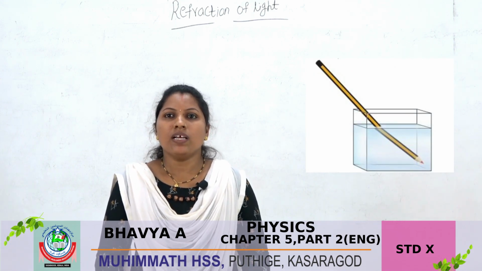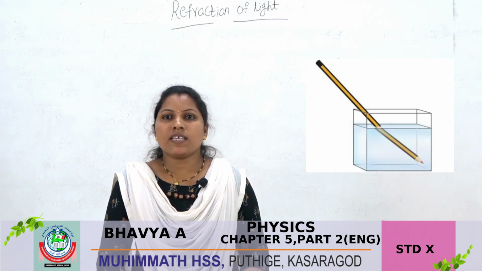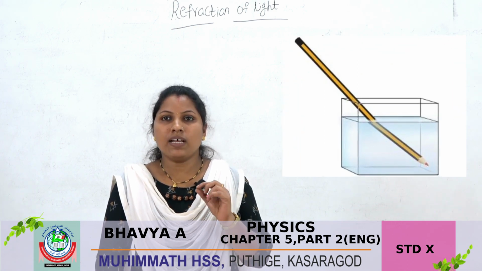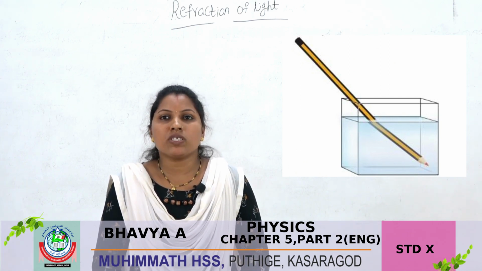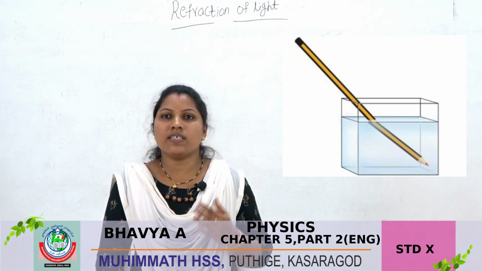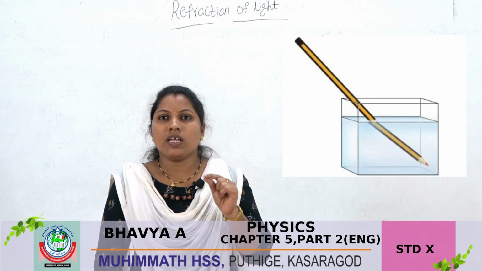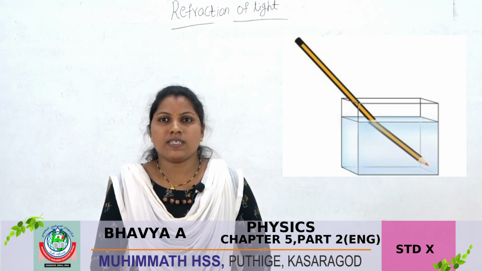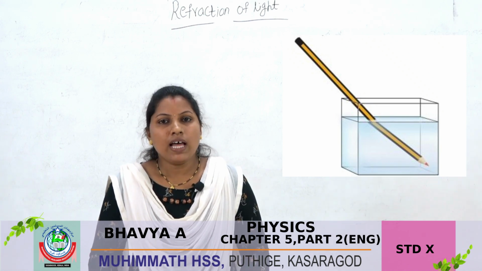You should fill 3/4 of a glass vessel with water. At the surface of separation of air and water, we can see a bent shape of the pencil. Why? Due to the refraction of light. The optical density of air is different from the optical density of water. So at the surface of separation, the pencil appears in a bent shape. It is due to the refraction of light.